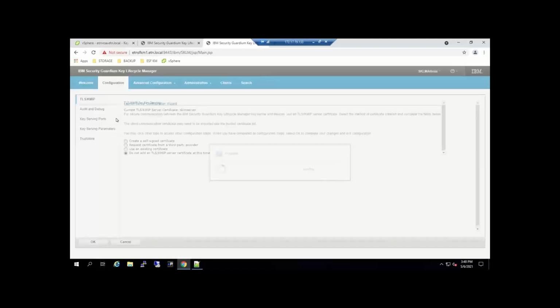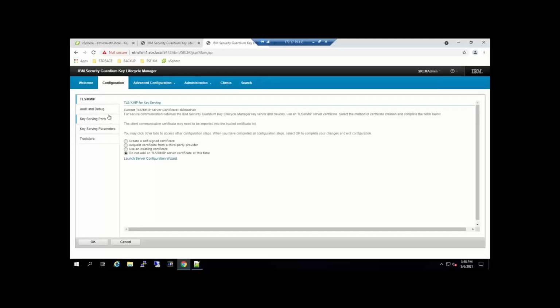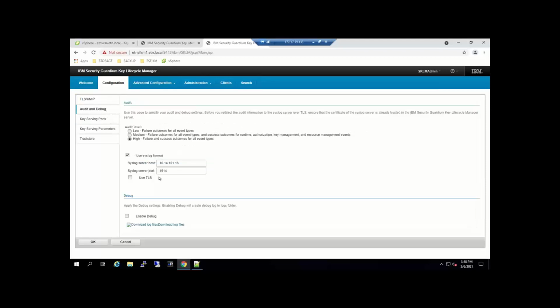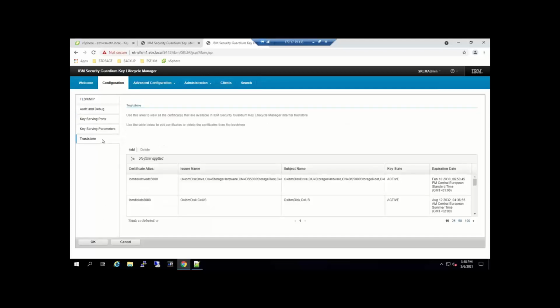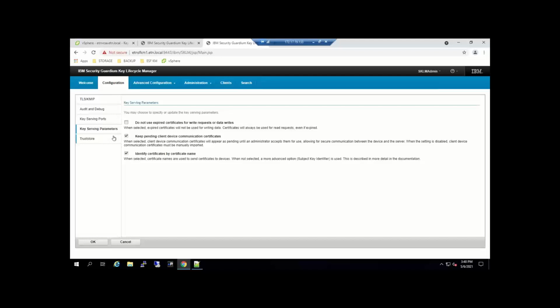So like you see, we have a configuration tab where we can configure the KeyM server. We can set up, for example, the syslog. We can grab log files or enable debugging. And basically, we can configure everything, like the ports used by each protocol, for KMIP, for the TCP access point, and much more to set it up.